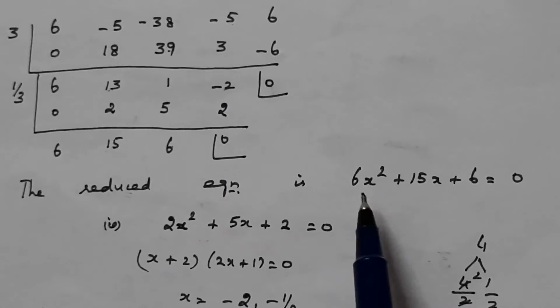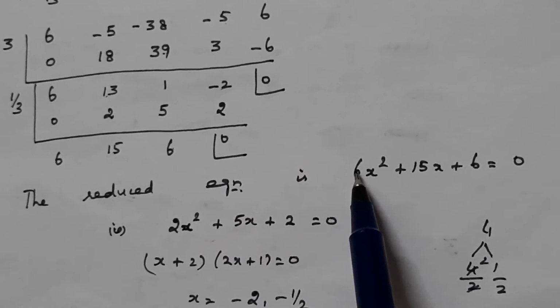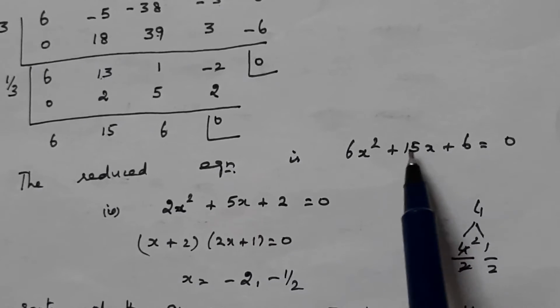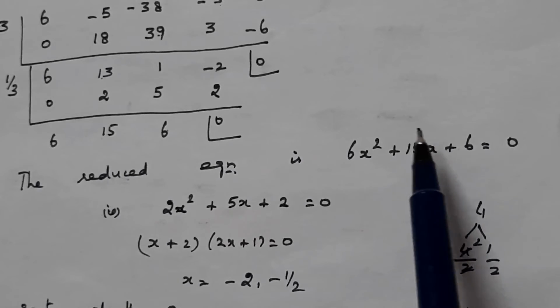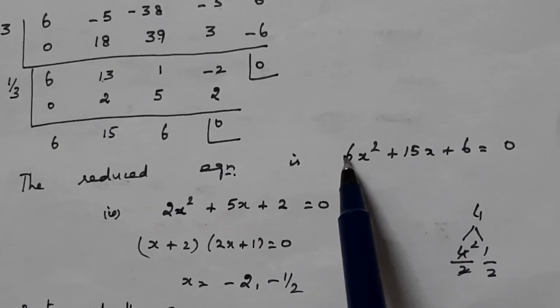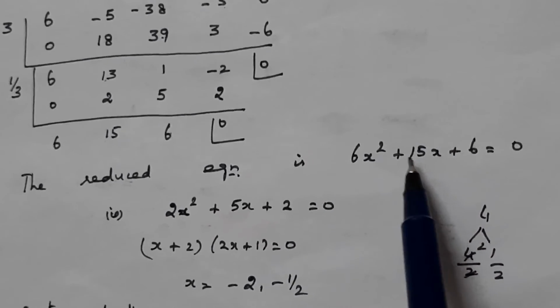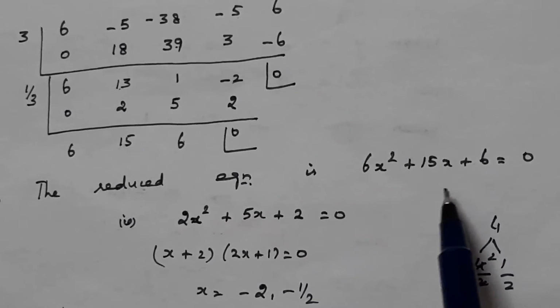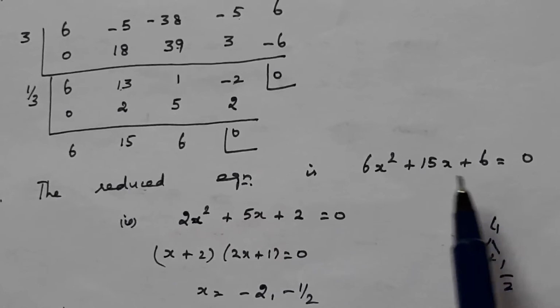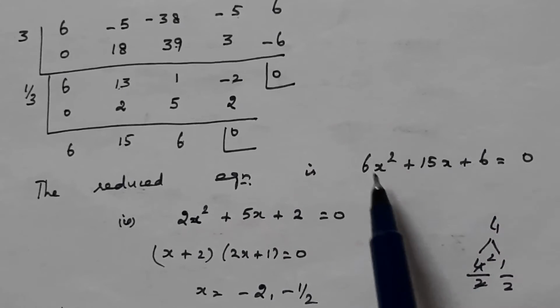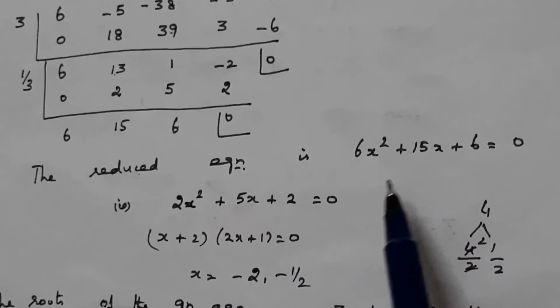See, even though in this equation the coefficient of x squared and the constant term are same, the coefficient of the middle term, that is the x term, is not the successor of their product. So if it is 37, that is 6 into 6, 36 plus 1, 37, then immediately you can write the roots of this equation as 6 and 1 by 6, minus 6 or minus 1 by 6 as it is plus. But here it is 15, so you have to find out the value as usual.